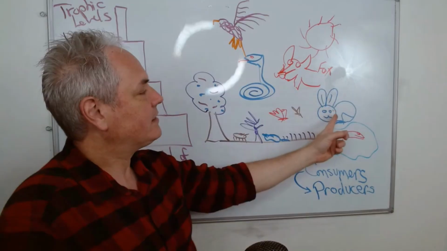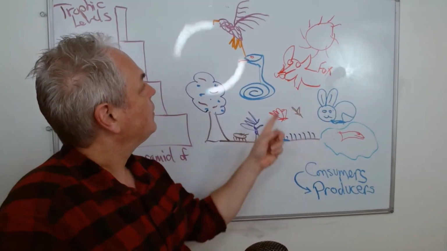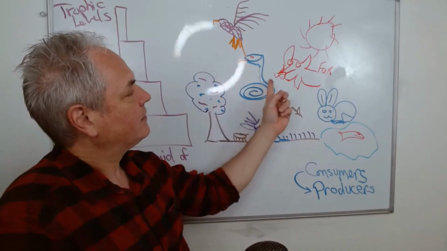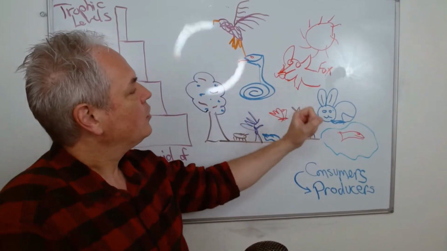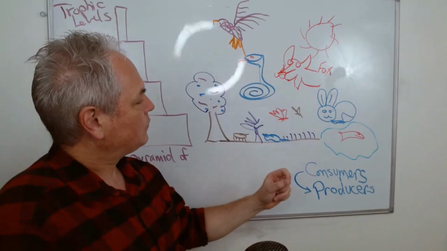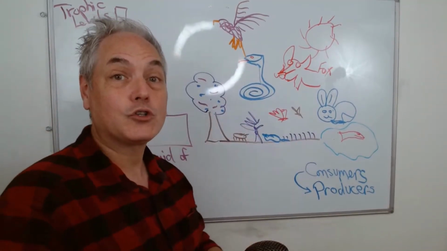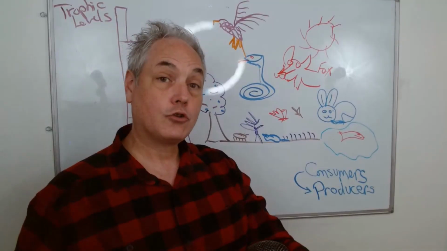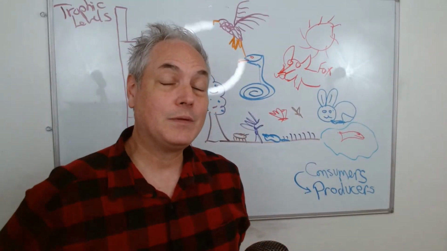So the fox would eat rabbits, for example, and could eat little grass snakes as well. We have the hawk that would eat the snakes, which would eat the mouse here. We also have the snake that would possibly eat some eggs of a bird, for example. So everything works together. The first piece of information we're going to talk about today is